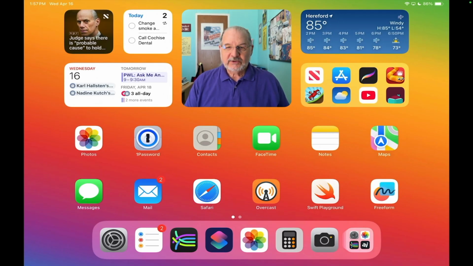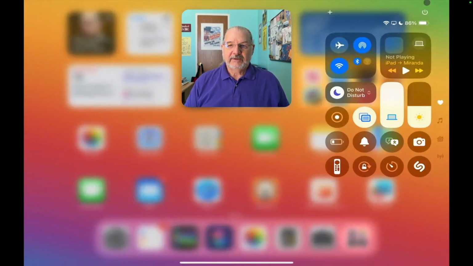And you get to the control panel by swiping down from the top right corner of the screen. So here's my touch cursor. I'm going to swipe from the top right. This brings up the control panel. Now, the control panel has